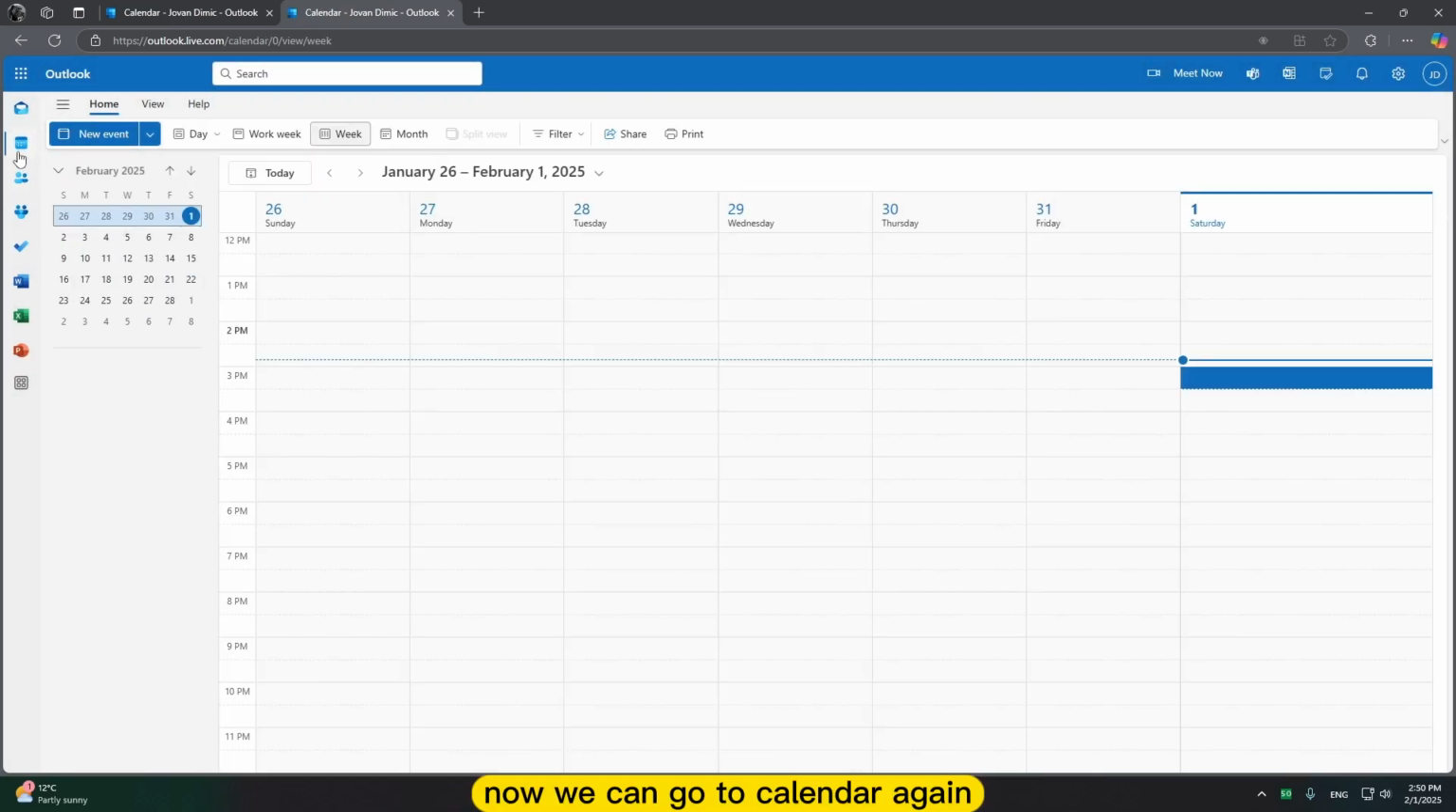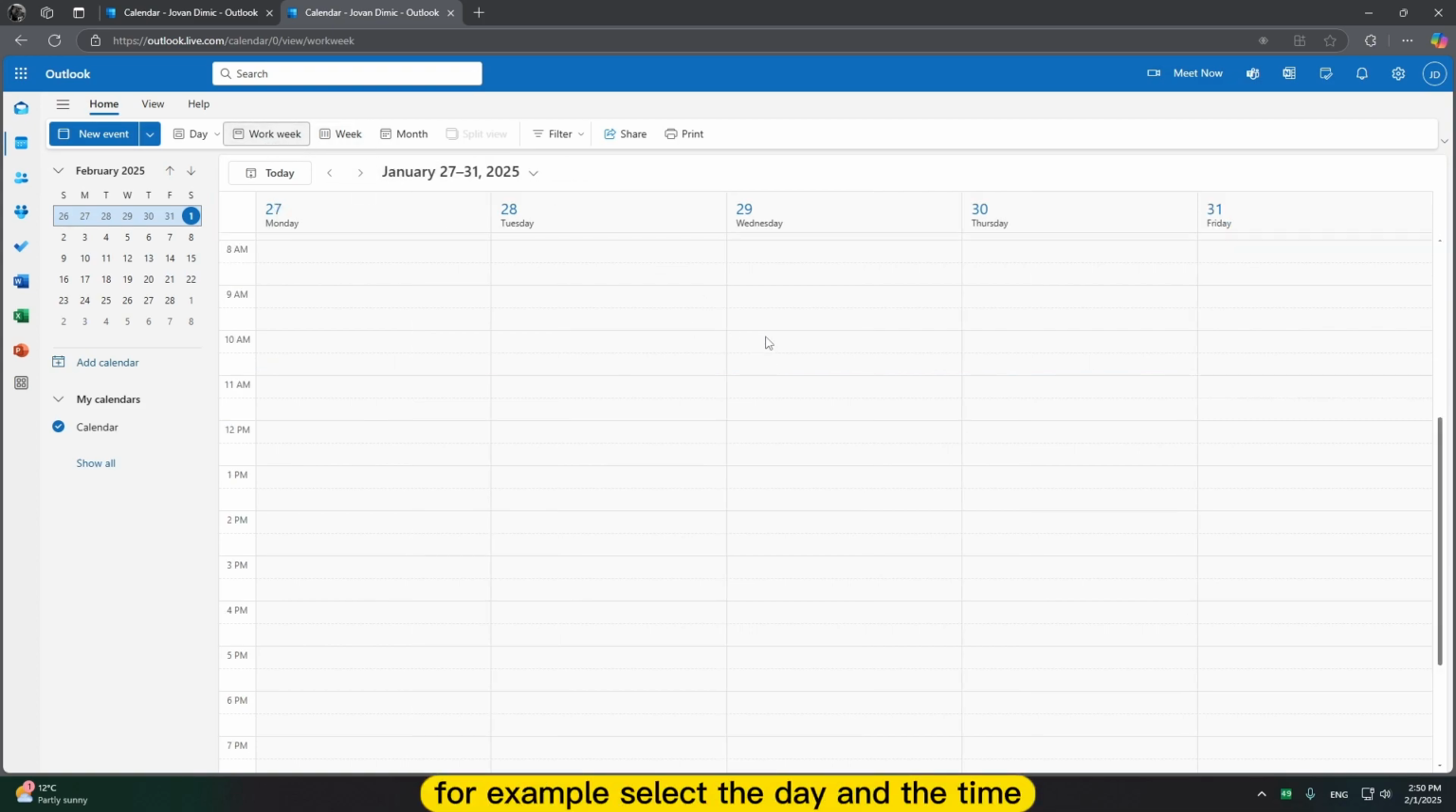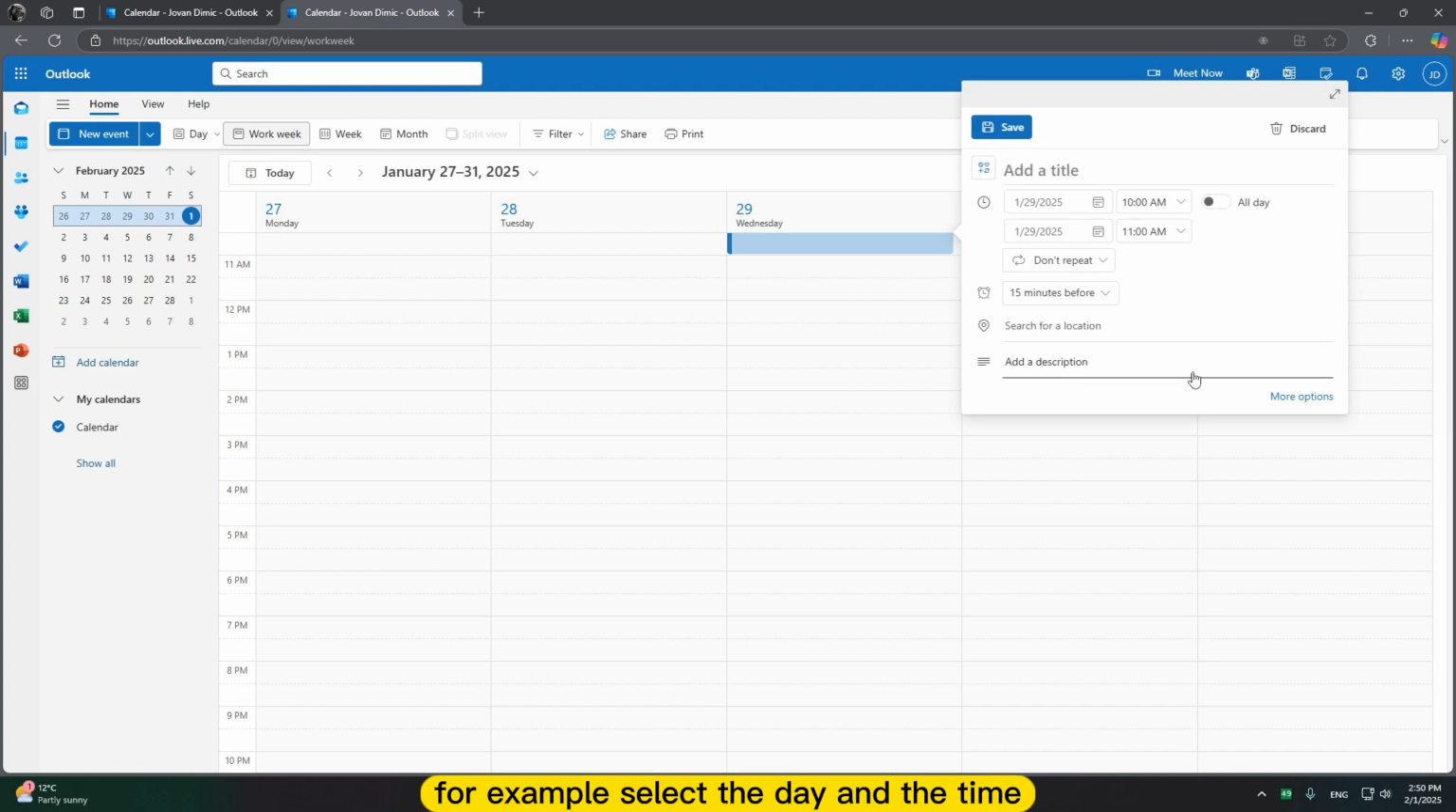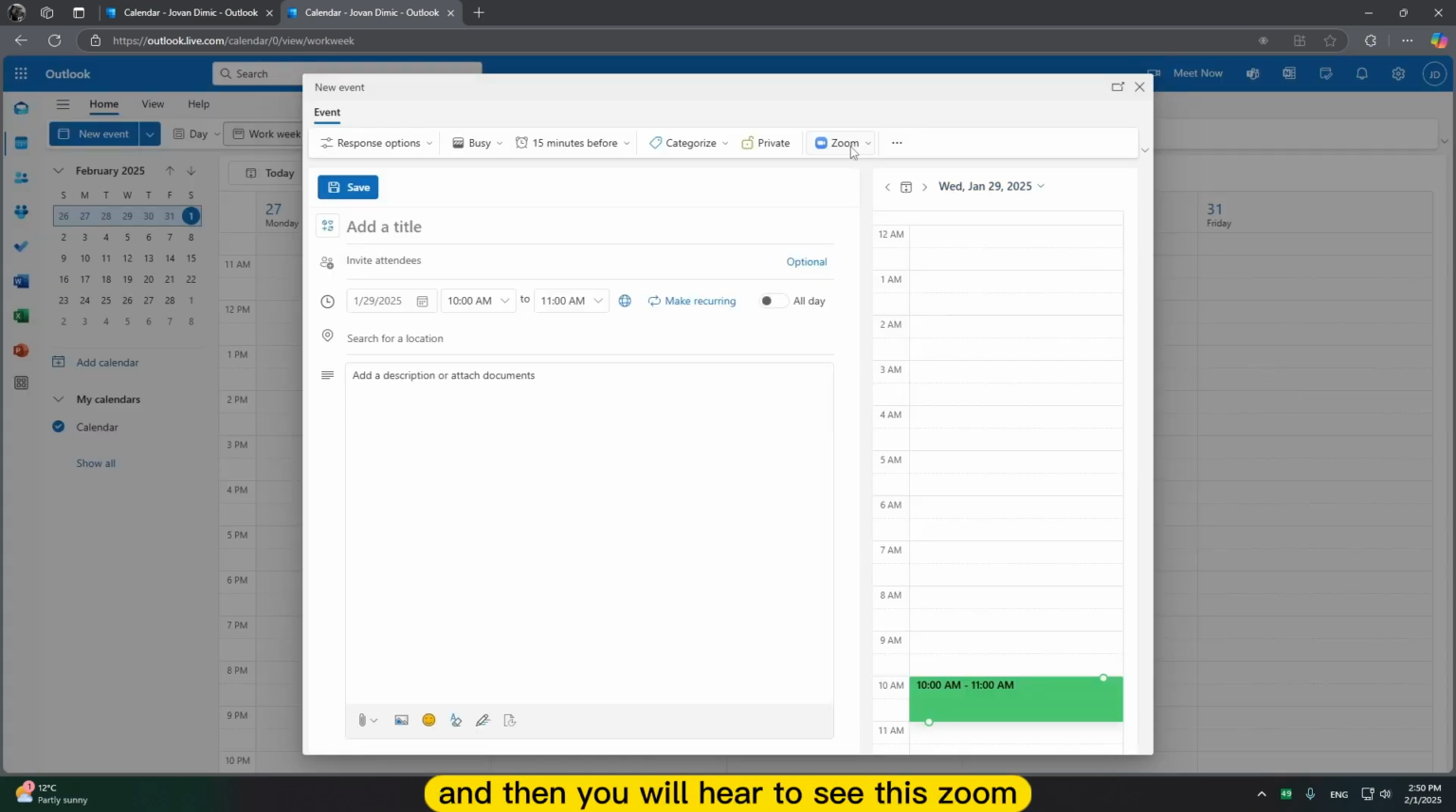Now we can go to Calendar again, go to our work week, for example, and select the day and the time. When you do that, this pop-up will appear. You will have to click on the More Options button, and then you will see this Zoom. You can just add a Zoom meeting,